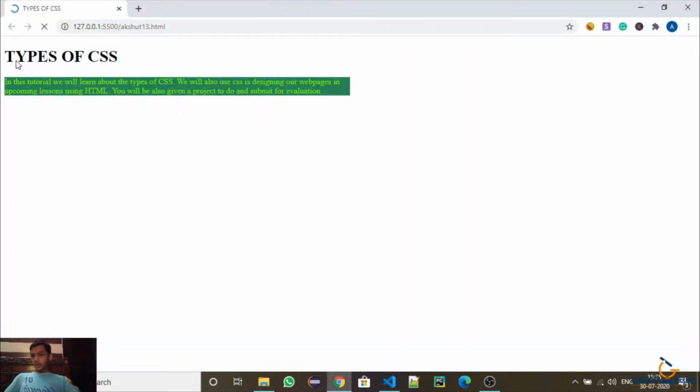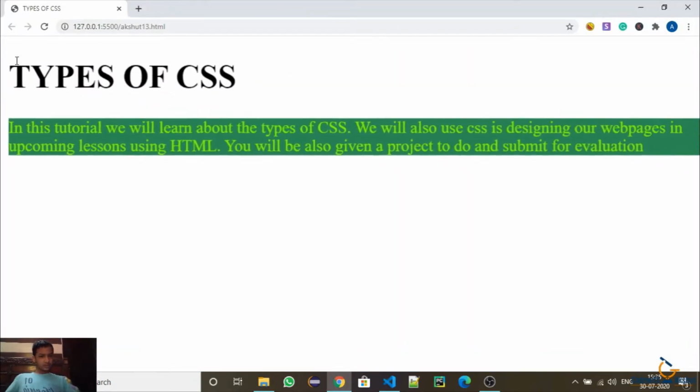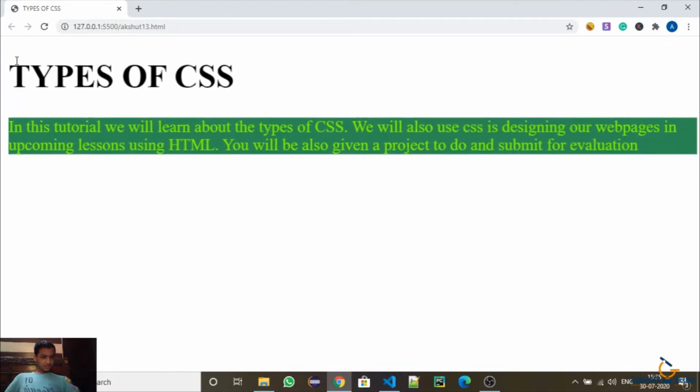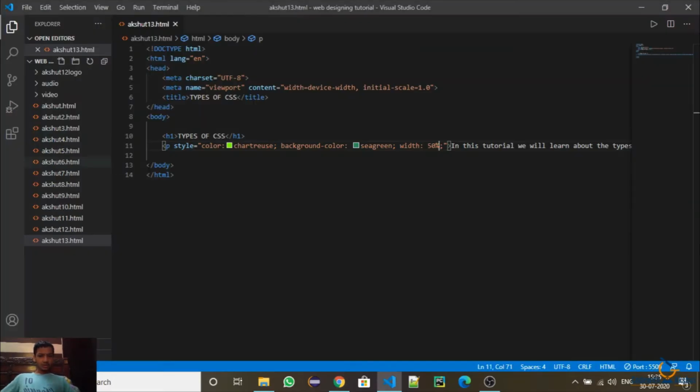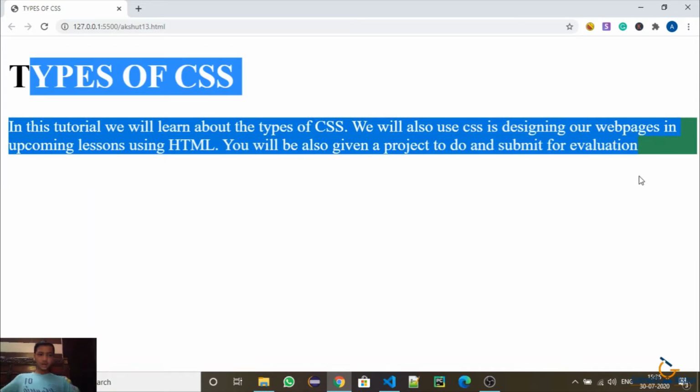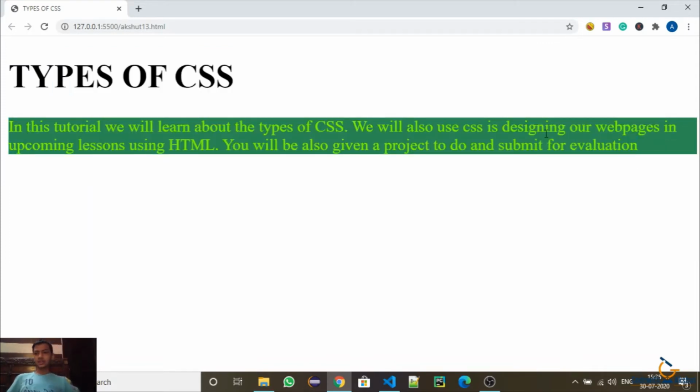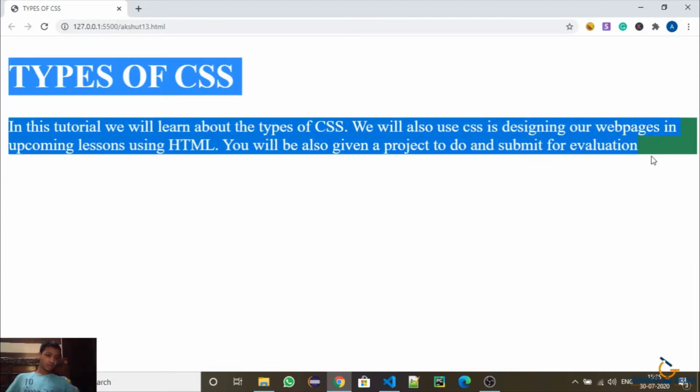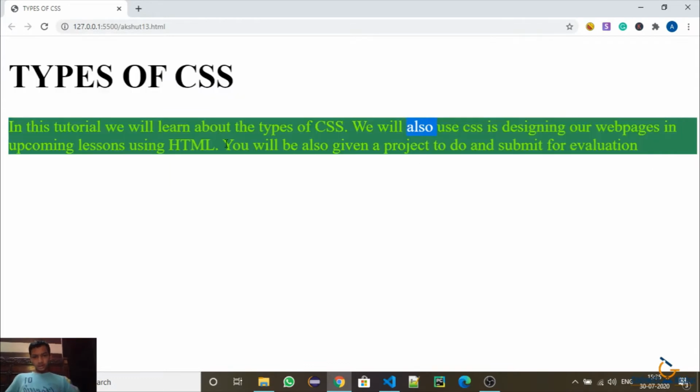So I only needed 50% of the web page to display this paragraph element, so I used width and then in it I defined the percentage of the page that I want to use for the paragraph. Now as you can see, this is here.